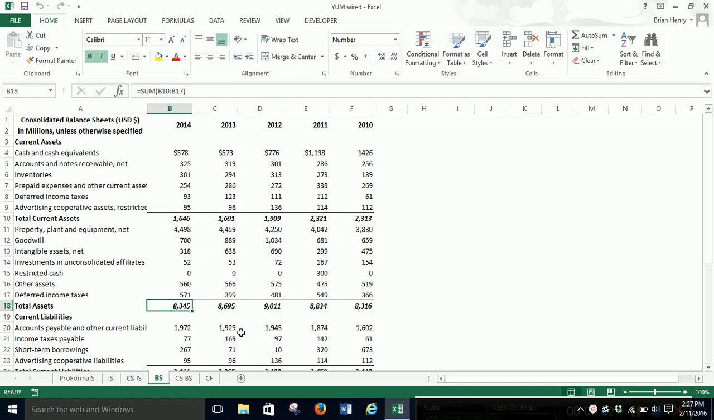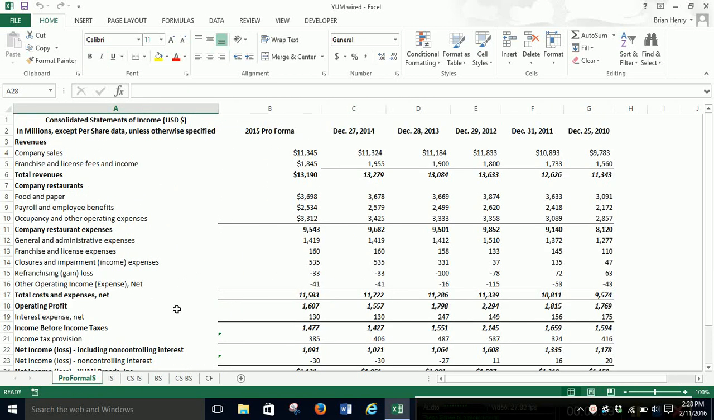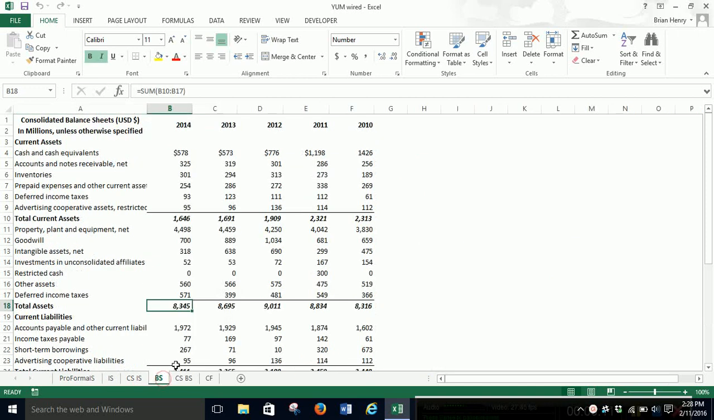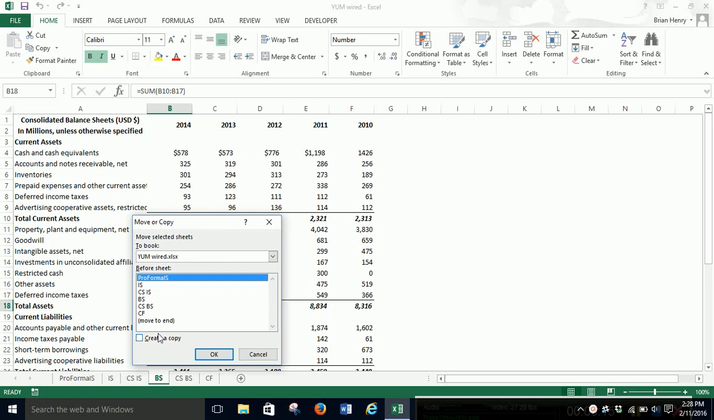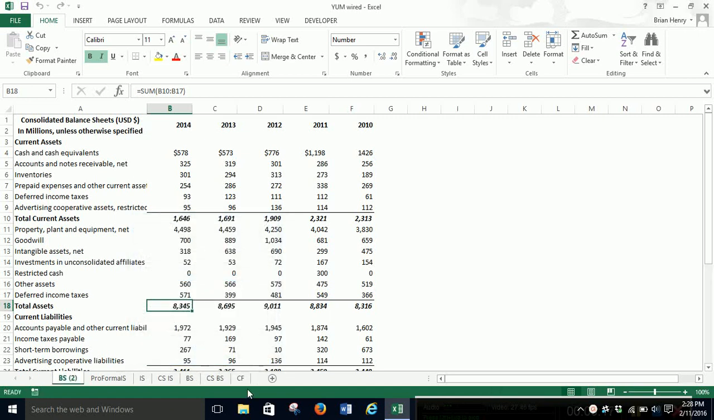Let's get the pro forma balance sheet done. So we already did the income statement. Balance sheet's going to be similar. We're going to use the pro forma revenue and percent of sales where it makes sense to do the pro forma balance sheet. So I'm just going to copy the balance sheet, move or copy, create a copy, and name it pro